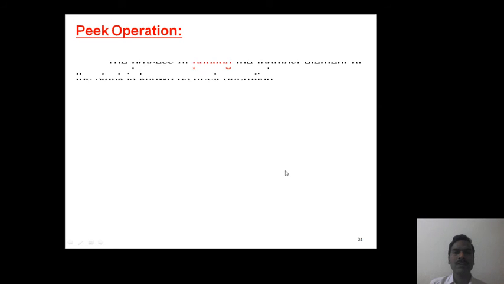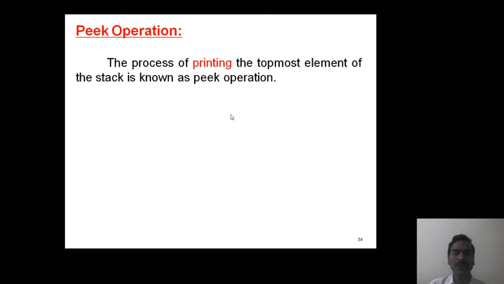Next one, peek operation. Peek operation refers to the process of printing the topmost element of the stack. Here we are just printing the topmost element of the stack, whereas in the case of pop operation, we are deleting the topmost element of the stack. So both operations are different.